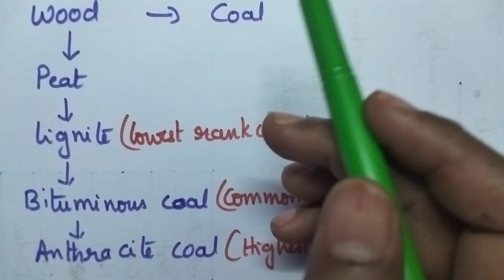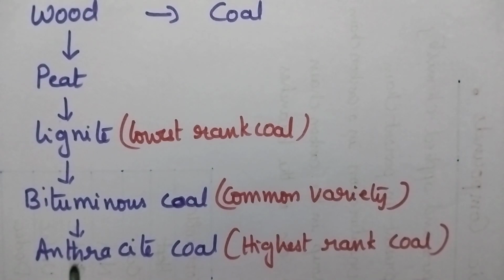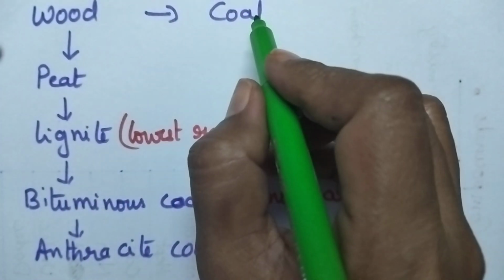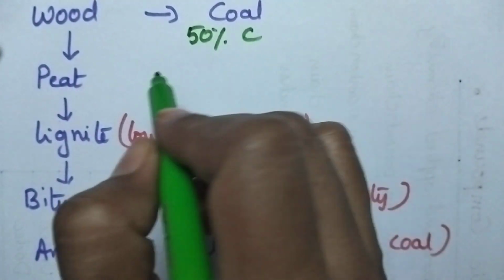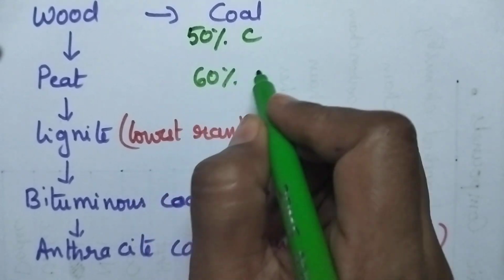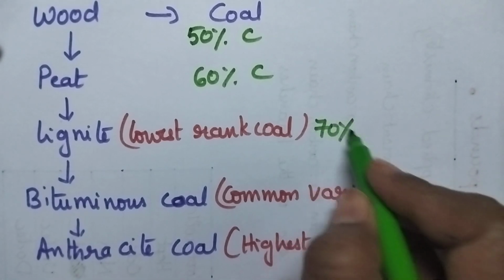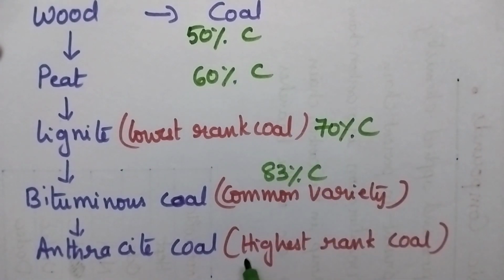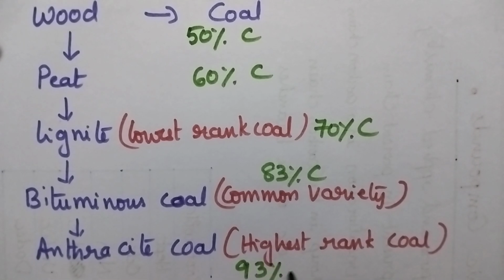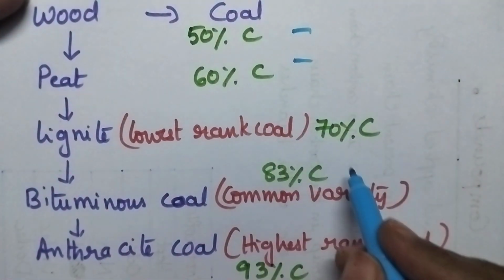So here let us compare the percentage of carbon of various fuel samples. So especially wood contains 50% of carbon, peat contains 60% of carbon, whereas the lignite contains 70% of carbon, bituminous coal contains 83% of carbon, and anthracite contains 93% of carbon, and hence the relative calorific values are: